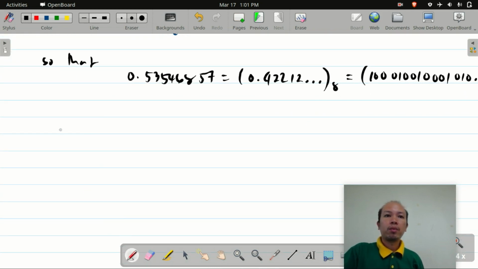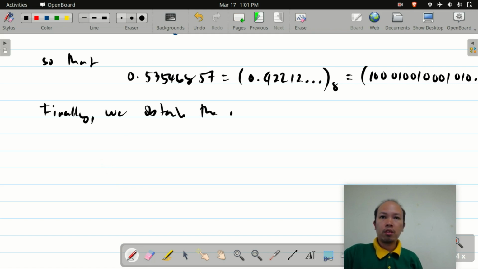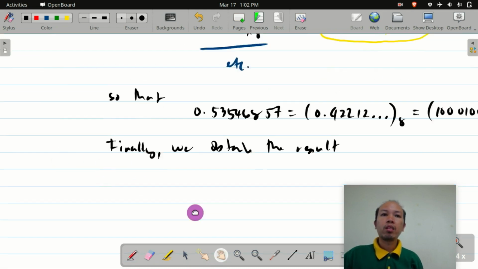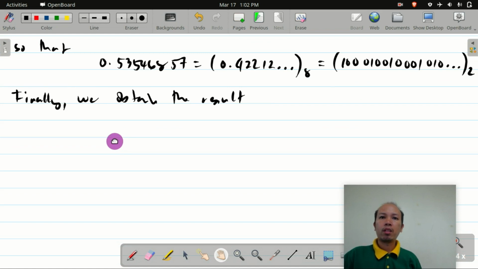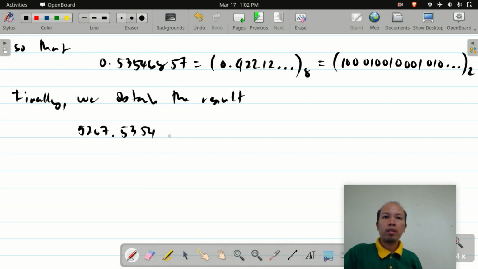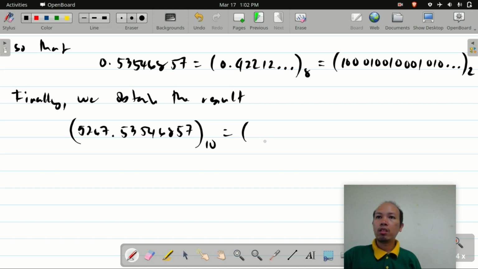Finally, we obtain the result. This is 5267.5354 in base 8, which equals 6857. In base 10, this is in decimal, we have